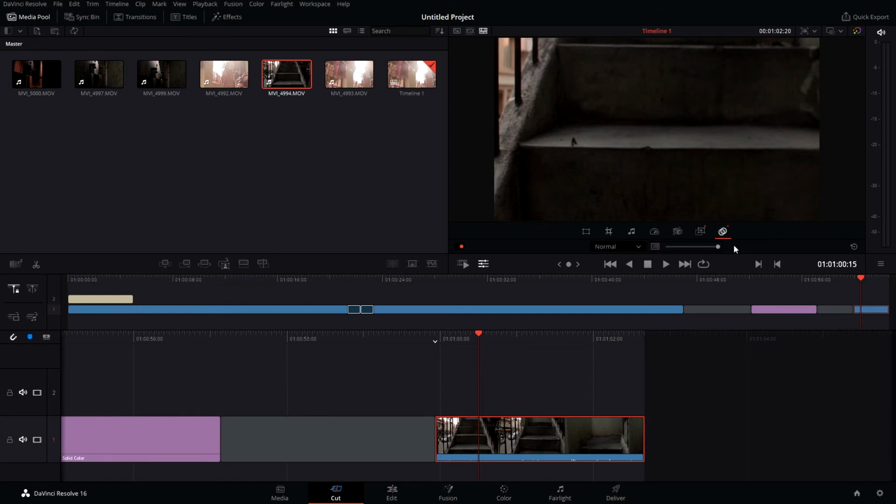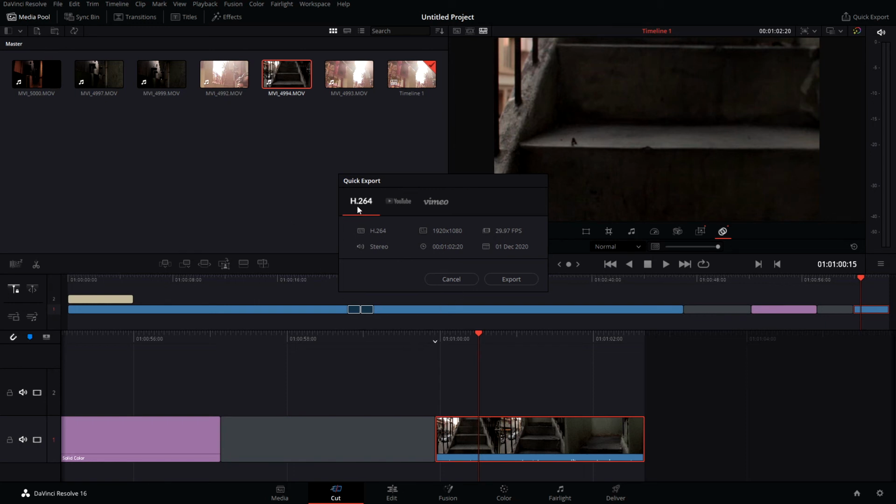Coming over to export in the cut page, there are two ways we can export the footage: one is through the cut page and one is through the deliver page. Here we can click on quick export in the corner, and if you want to directly upload to YouTube, you can upload from here, but first you need to configure it in DaVinci Resolve, which I'll explain in the next episode.